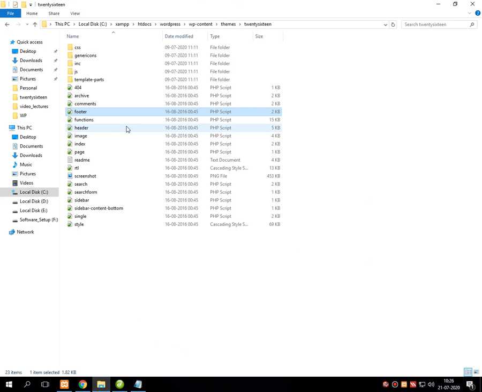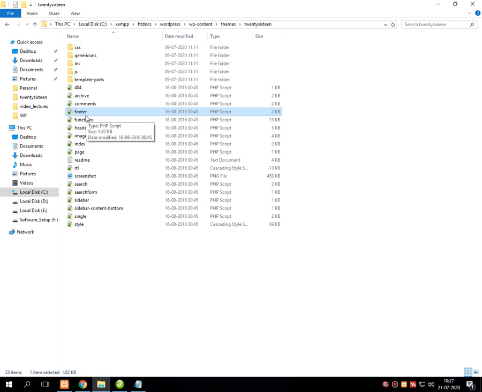Now, before going ahead, let's quickly revise which are the files that we have discussed. First, we have gone through the index.php, then sidebar.php, then search.php, then header.php, then footer.php.